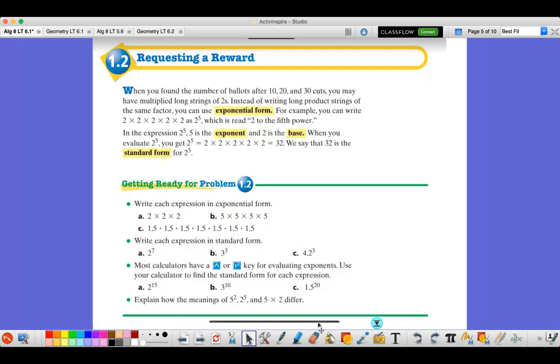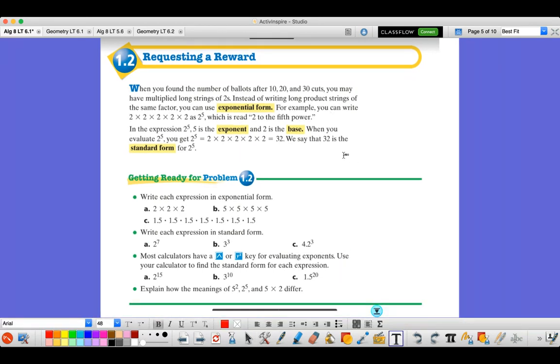So, a couple things that we're going to look at is when we're thinking about an exponent. So, if we're talking about an exponent, I'm going to type one in here much larger. So, if I had 5 to the second power, that is in exponential form. And so the parts to this are the exponent, which is the 2, and then we have the base,